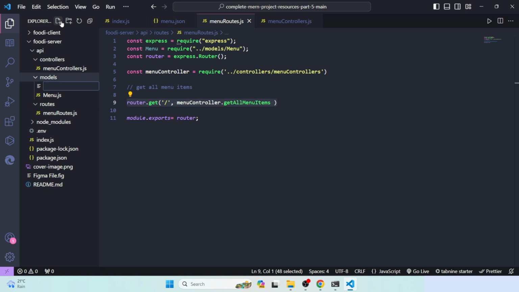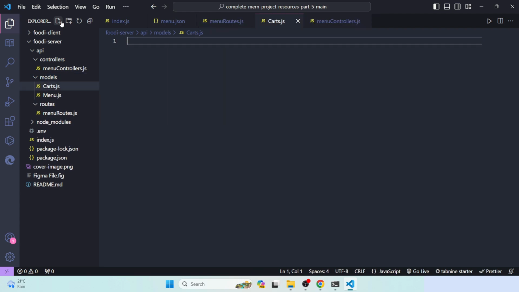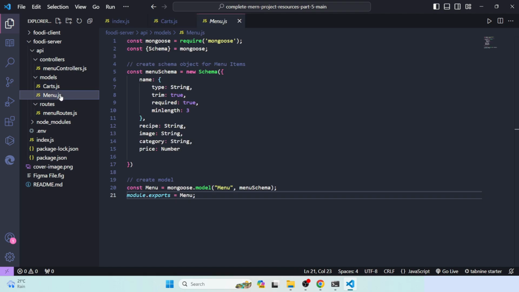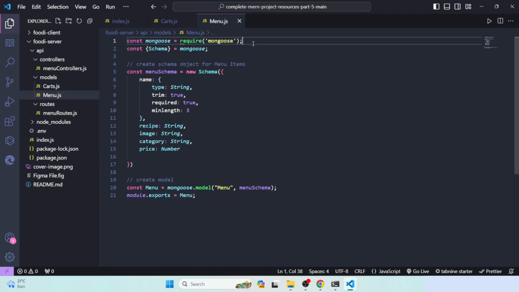So let me just define a new model, that would be cards. You will be clear right now. We'll do the same thing. Firstly, what we did, we have to import Mongoose. Let me close these collections here. Firstly we can just open it. Look here, firstly we have to